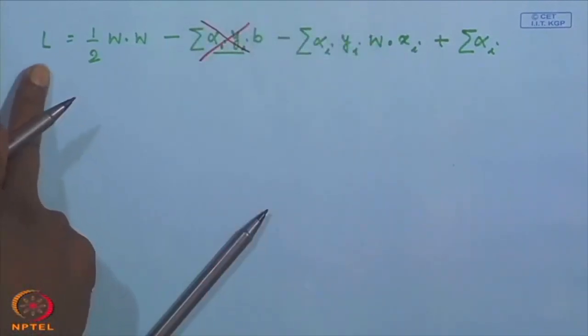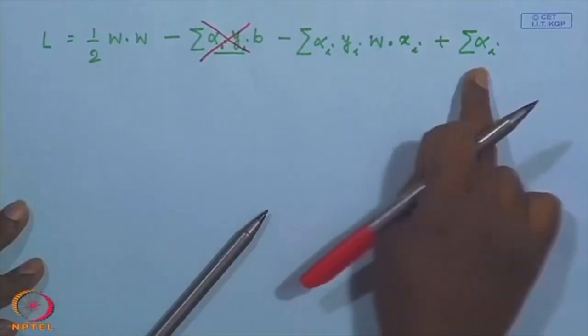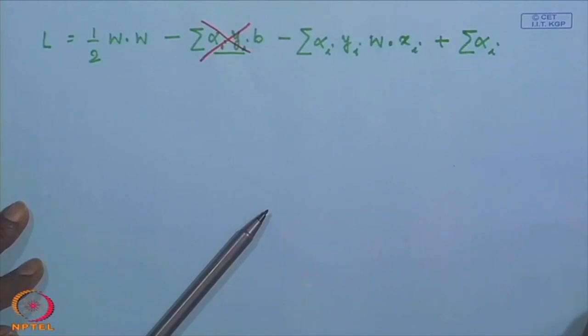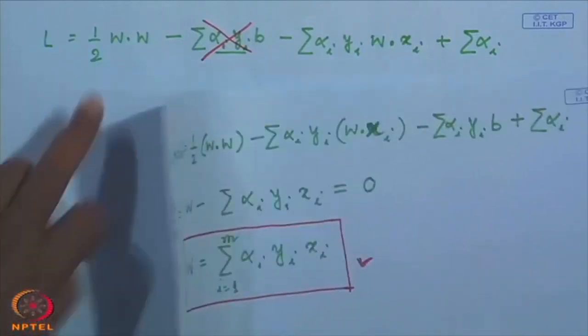So, the expression I have is L is equal to half of w dot w minus this plus the sum of alpha_i. And if I put this value of w into this expression,